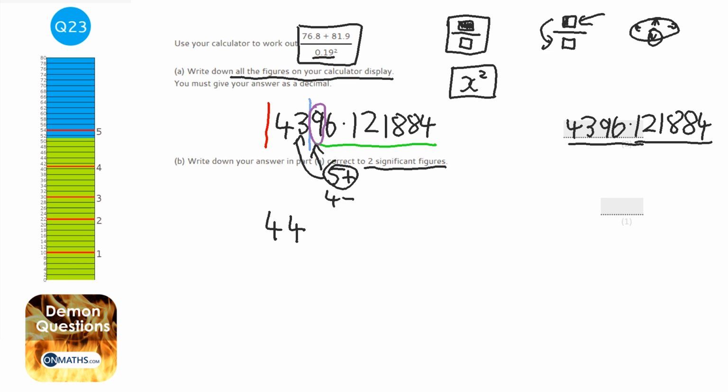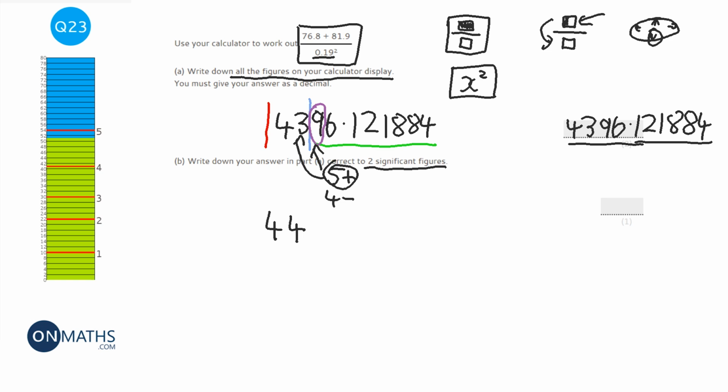But when I said they disappear, they don't quite disappear. All the numbers above the green line that I've just drawn reset to 0. They turn to 0. Now, if you have a number 4,396.121884 written down, and someone says, "Can you tell me roughly how much that is?" Then if you say the answer of 44, that's not roughly 44. It's nowhere near 44. So the 9 and the 6 will turn to 0, and actually the other numbers do too.